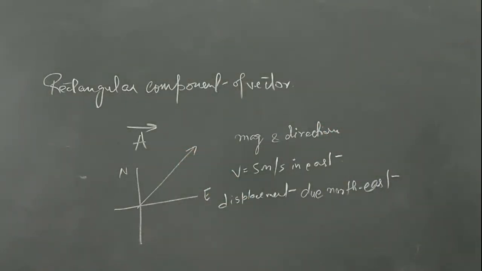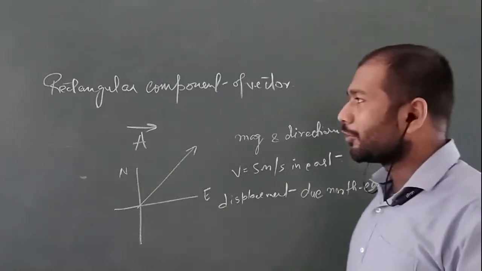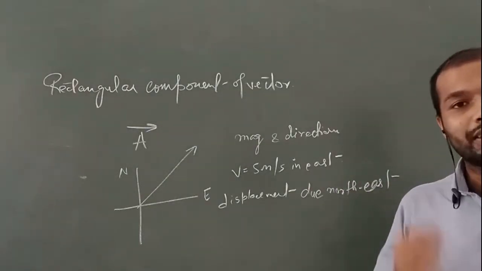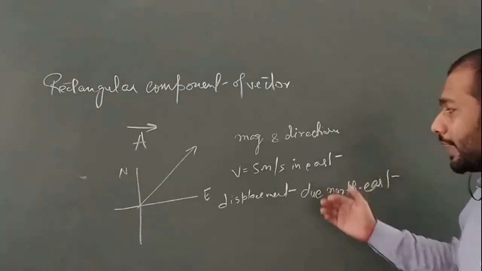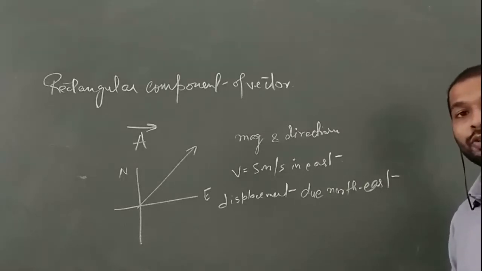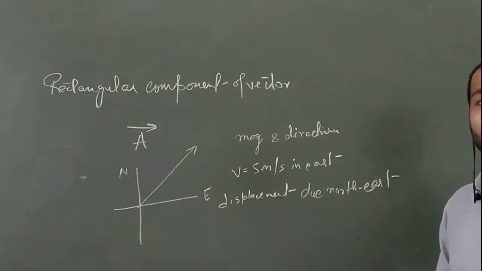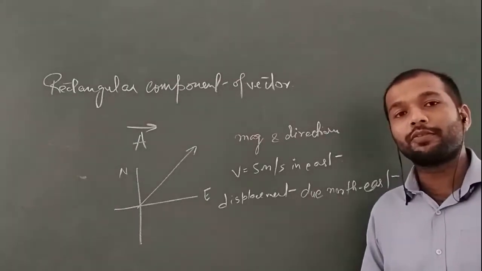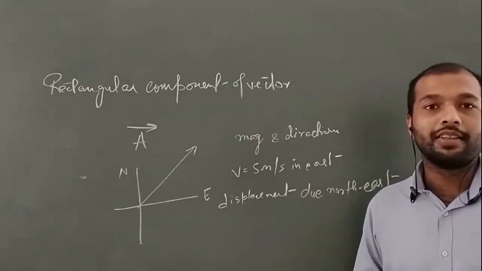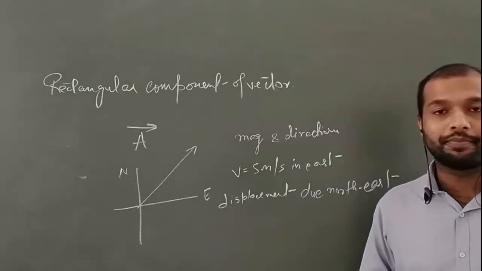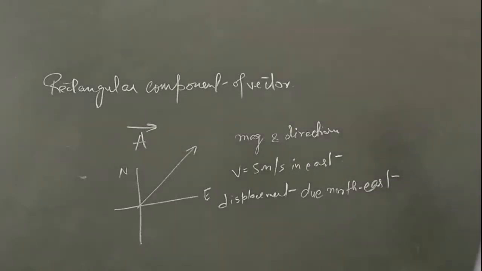But in our physics problems, if we talk about some complex problems like a motion problem or an acceleration problem, every time this is not an easy way to define our vectors. So we need something that can make the formatting to denote a vector easier, and that's why we take the help of the rectangular components of a vector.